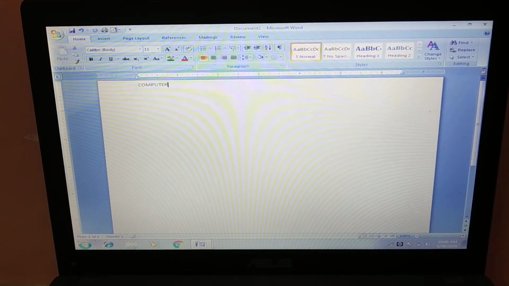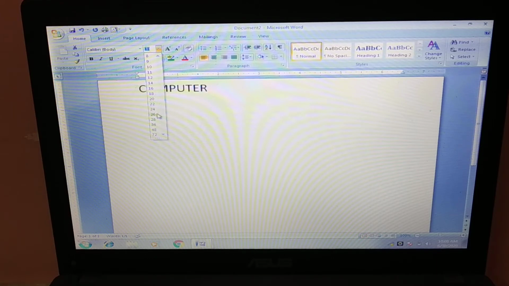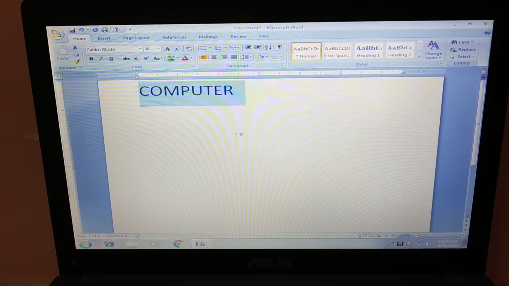I have typed. Let me increase the size of the font so that you all can see it. I have enlarged it so that it becomes easier for you all to see.